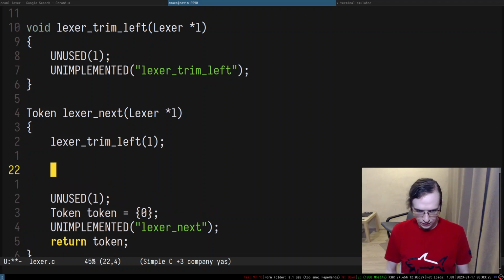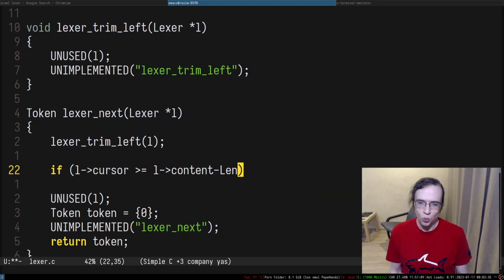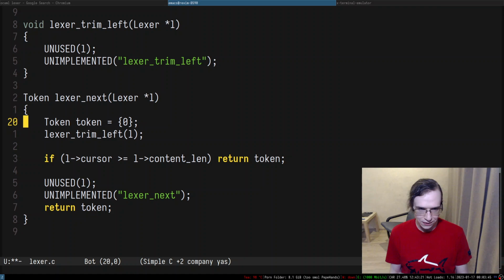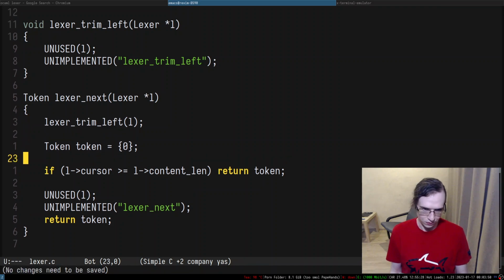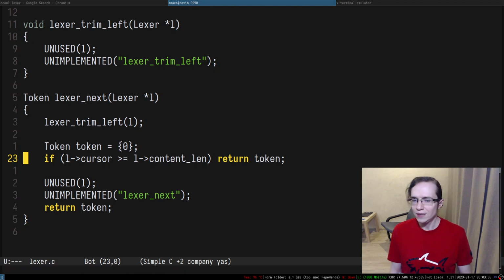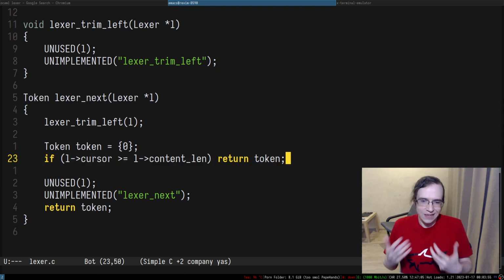And what we're gonna do? After we trimmed all of the white spaces, there is a very weird situation when the cursor, for some reason, is greater or equal to the content length. What does this mean? That means we reach the end. So the only sensible thing you can do in this case is return a token, right? We also set the token to be 0 at the beginning of this entire endeavor. And that actually works out naturally. Why? We didn't have an opportunity to even classify the token somehow, so we just said, okay, it's just